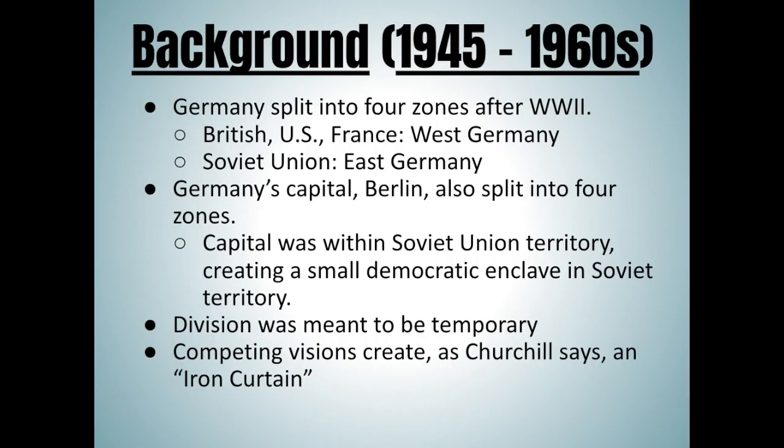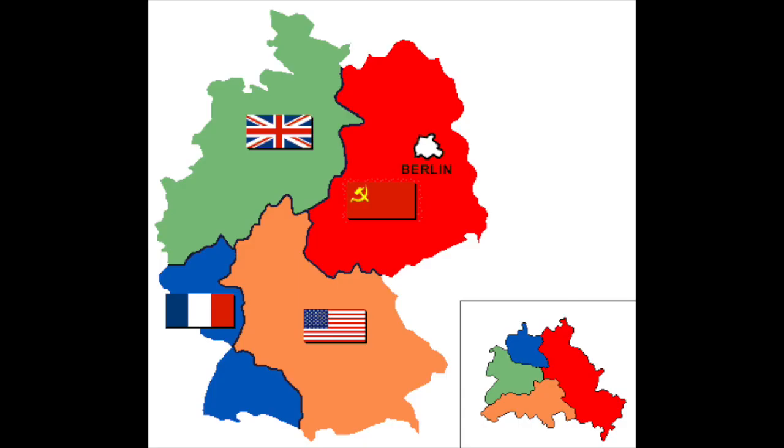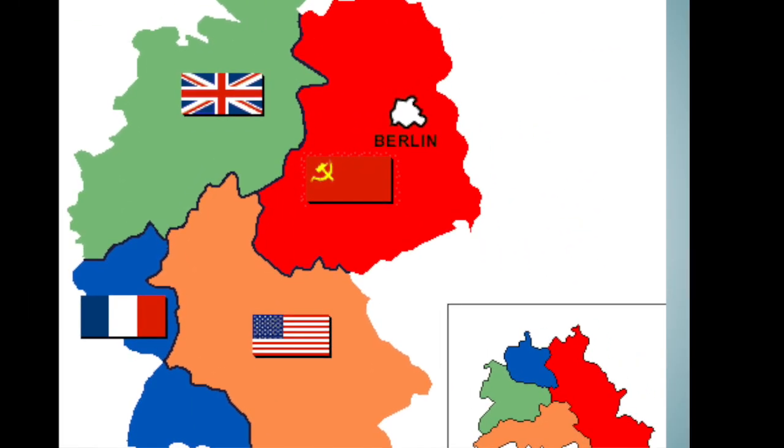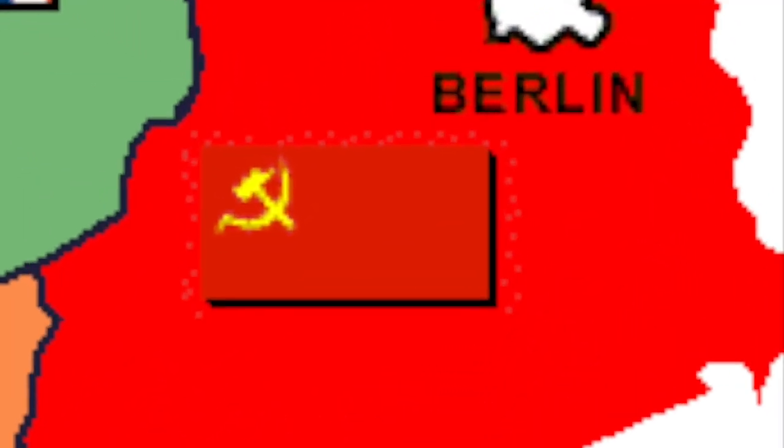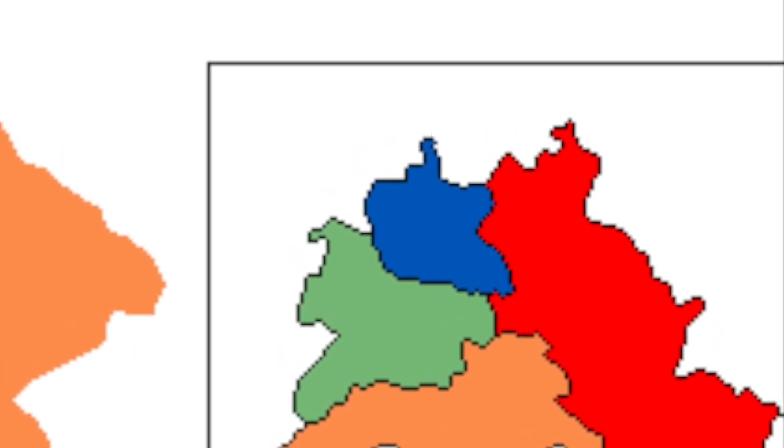To begin, we are going to need to rewind. As you probably remember, after World War II, the Allies, which included the Soviet Union, France, England, and the United States, decided to split Germany into 4 zones, temporarily, to help the country rebuild. The democratic and capitalist countries of the United States, France, and Britain made up West Germany. The communist Soviet Union made up East Germany. Likewise, Germany's capital, Berlin, was also split into 4 zones. Berlin fell in communist Soviet territory.